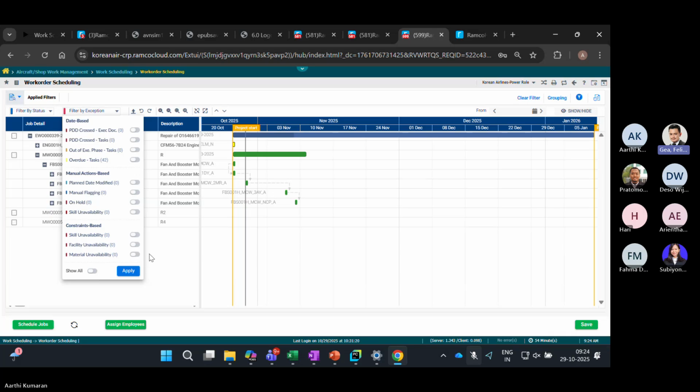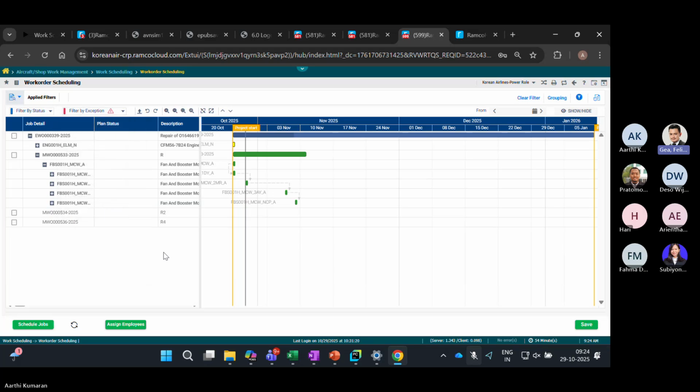Now the next question is, how does the system know the skill availability? What we do is prepare a roster. So there is a roster that on this particular work center, on this particular day, there are supposed to be, let's say, 8 mechanics. I'm just taking this for simplification, all certified for, let's say, CA from 7B. Ideally 7 mechanics should be there, and if your workload is equal to 7, then it will